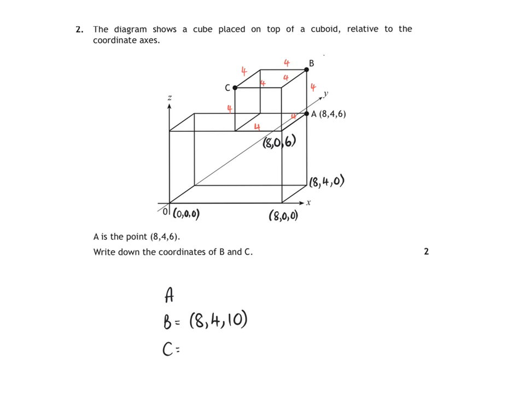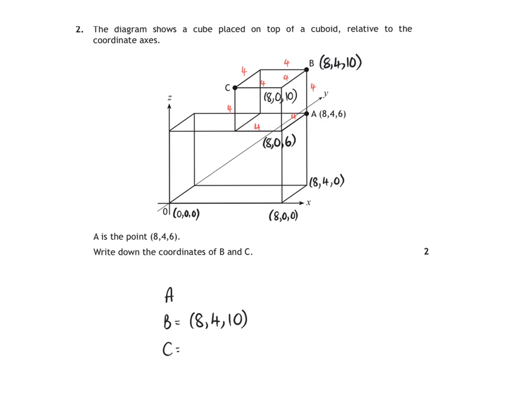Okay, so now we've got B is 8, 4, 10. Let's have a look at what will be going on for finding C. What's going to have happened is we're going to have come back along here to this coordinate here. If we look at this one, we've come back along the y-axis 4. So that means our y number is going to go down by 4, so that would be 8, 0,